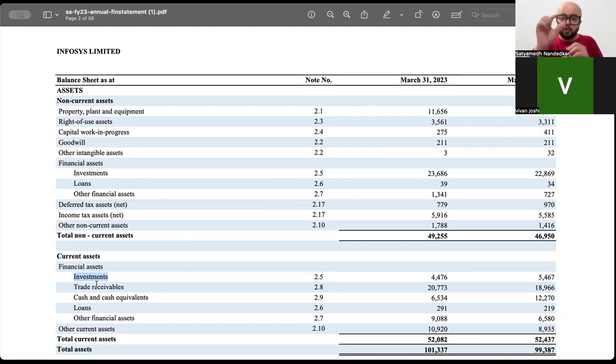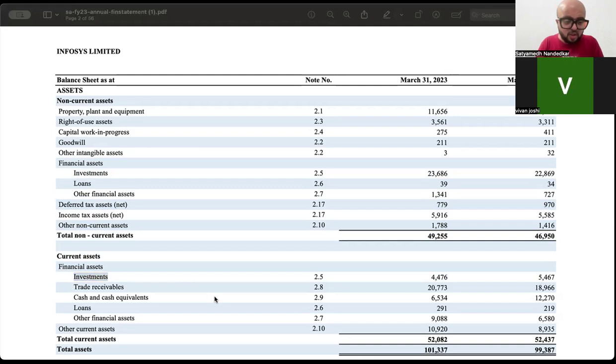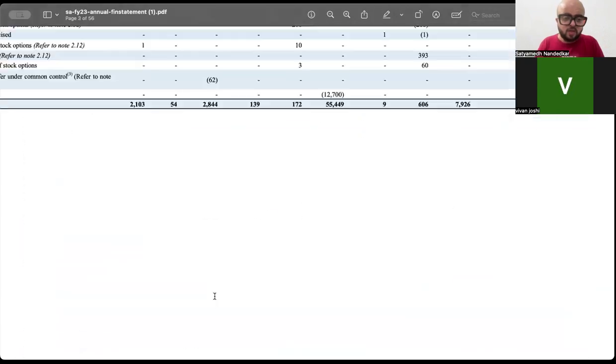What am I claiming? Through this classification or presentation difference in the balance sheet, I am claiming that देखो, these are investments which are expected to be converted into cash after more than 12 months. These are investments which are expected to be converted into cash in less than 12 months. Okay, so this is the presentation assertion. What is the presentation assertion? I'm talking about the correct way of depicting that on the face of the financial statements, and I am also making certain disclosures here.